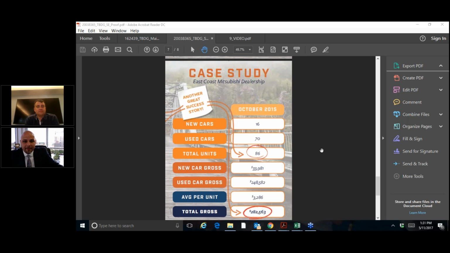But with this watch offer, people came in, they got it, and they were so turned on. We earned their trust right out of the gate, because there was no question. You don't have to jump through hoops to get it. I don't need to appraise your car, demo this, or hop in the trunk. It was, come on in, let's get you registered. Here's your watch, thank you for coming in. And then we would work on taking the time to earn their business. And it worked. So that's the long story longer.